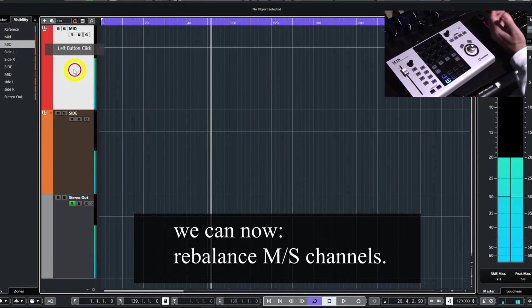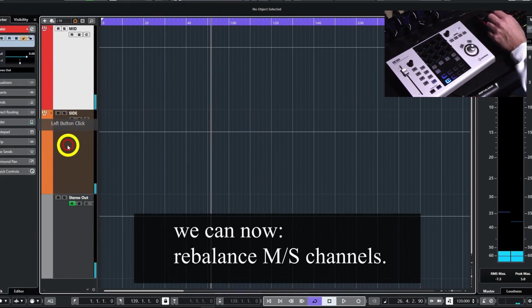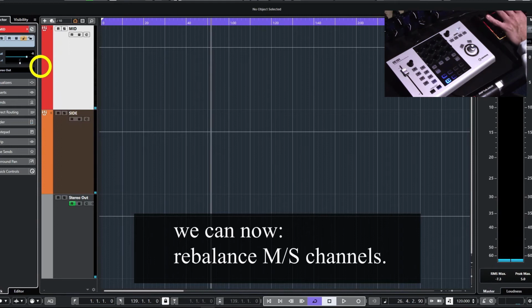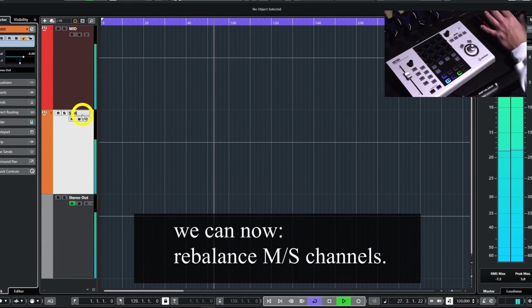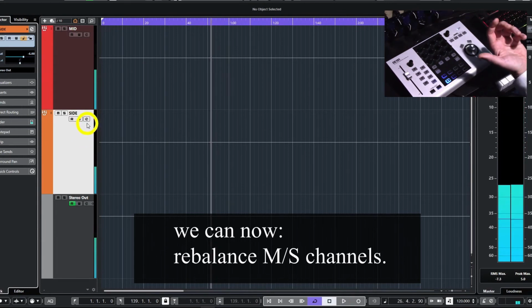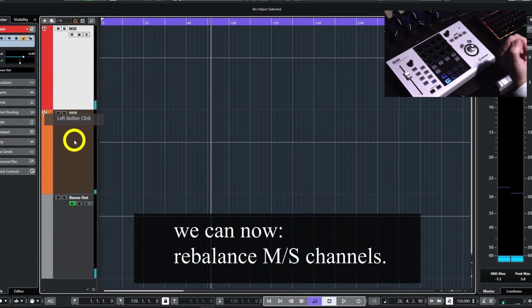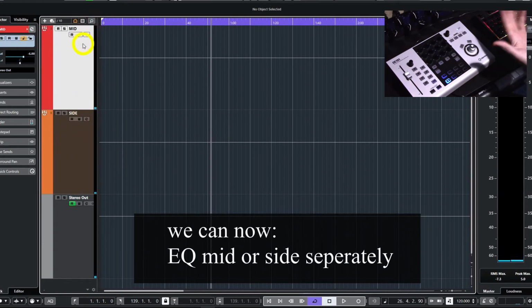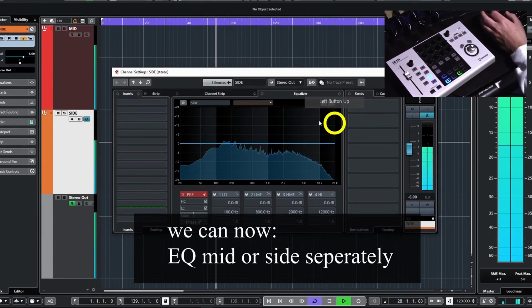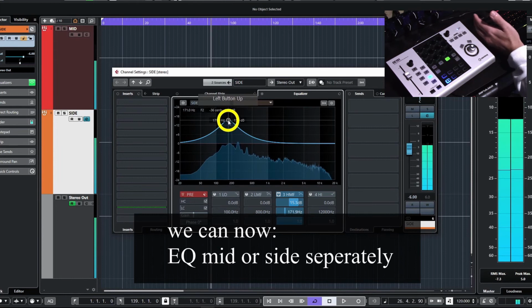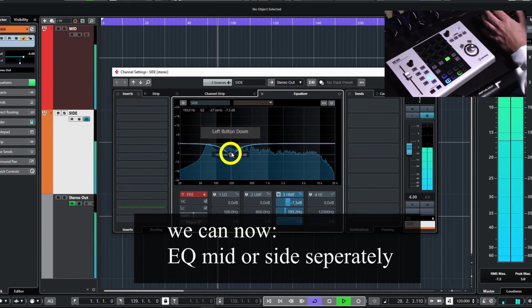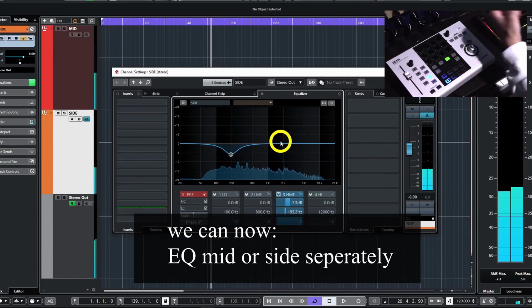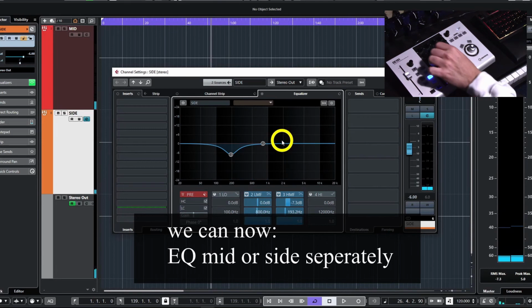And now we can do so many things easily. We can narrow our stereo image or widen it, or rebalance mid or side band instruments. You can now access the whole channel strip, their equalizers separately. You can compress them separately. I can now cut out this frequency zone only on the side. Or I can widen up presence and very high frequencies in the